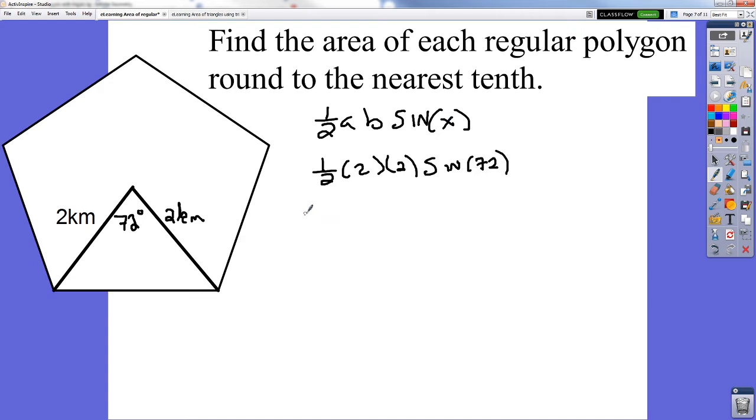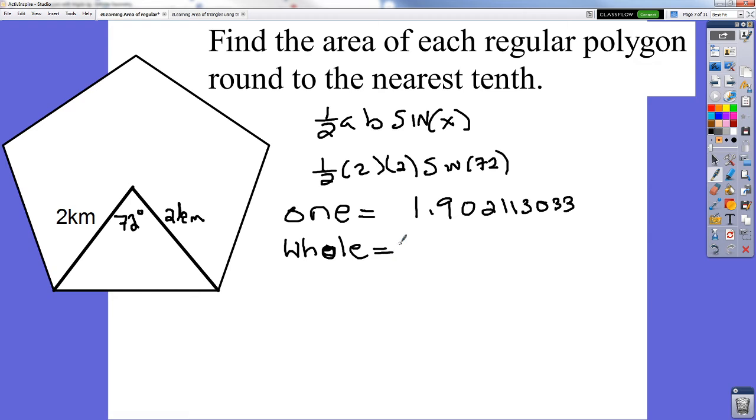You do that, and your area for one triangle is going to be 1.7902113033, and I'm writing every single digit out here on purpose because I don't want to round yet. So leave what you got here, it's in your calculator. You can just now say, well, there's 5 of them, so times 5 to get the whole thing, times 5, and you end up with